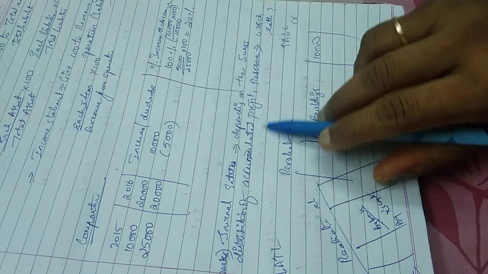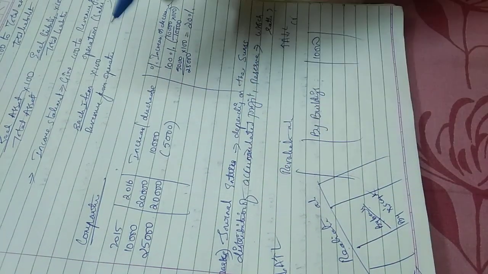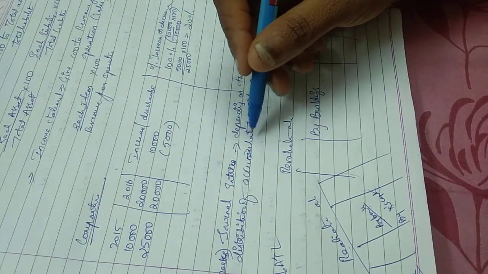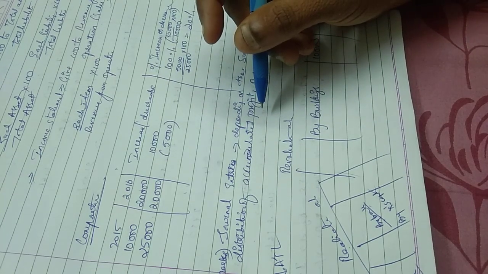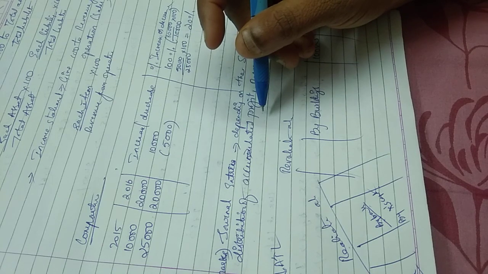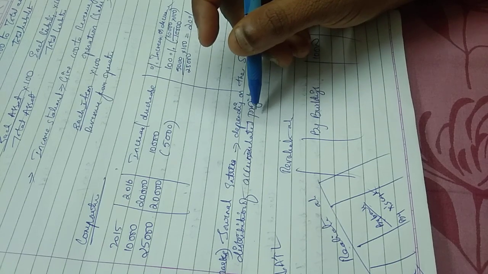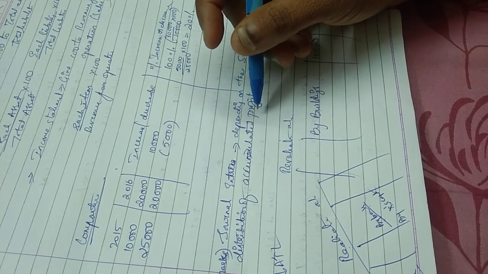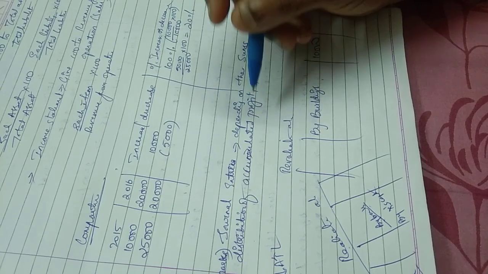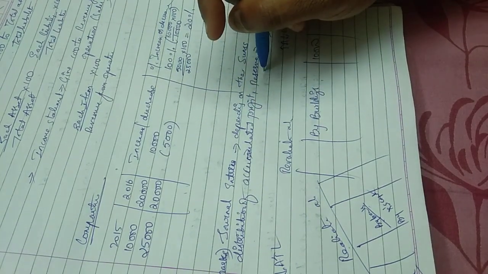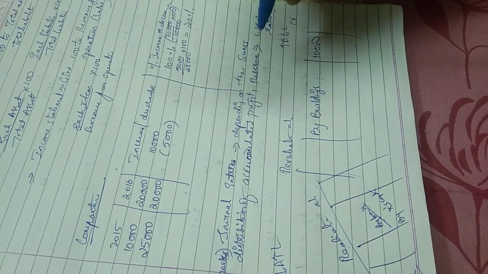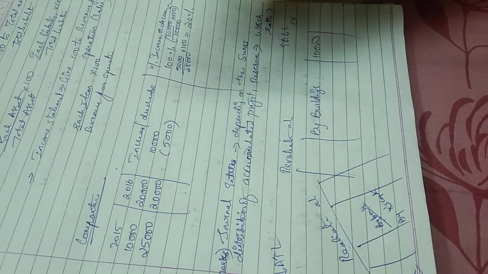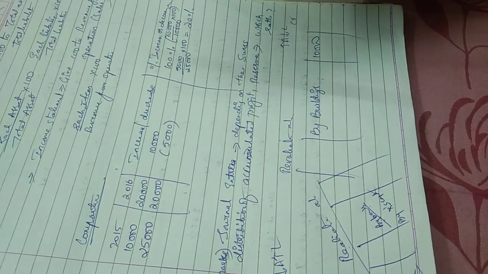Now, distribution of accumulated profit or reserve, this they can ask. Accumulated profit at the time of retirement is distributed in the old ratio. So please think about what we do in the sum, and the same thing you will write there. Reserve is also distributed in the old ratio. Please think and then solve such questions. Another point I wanted to say was